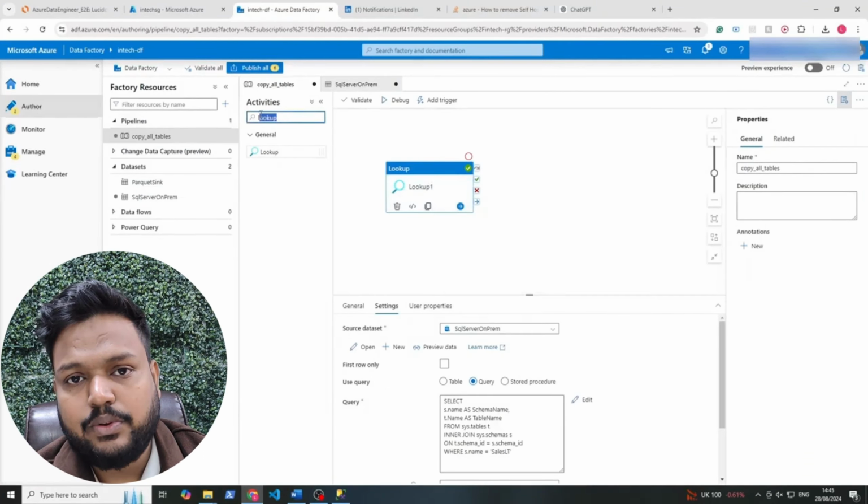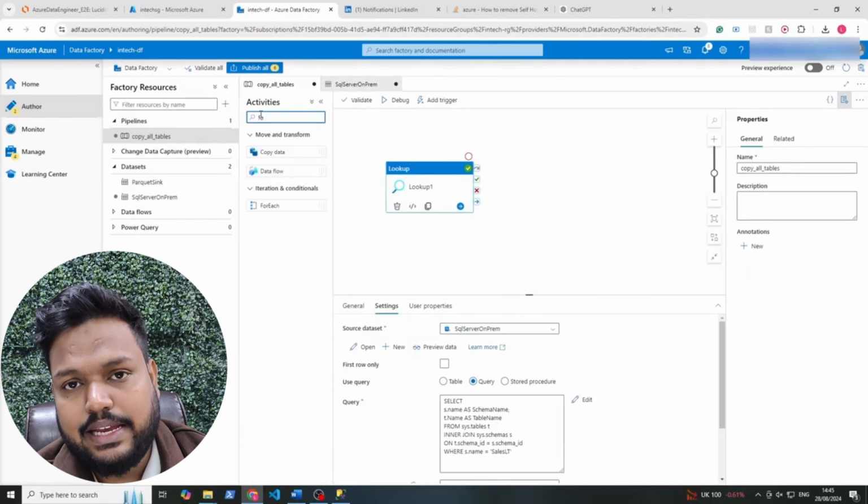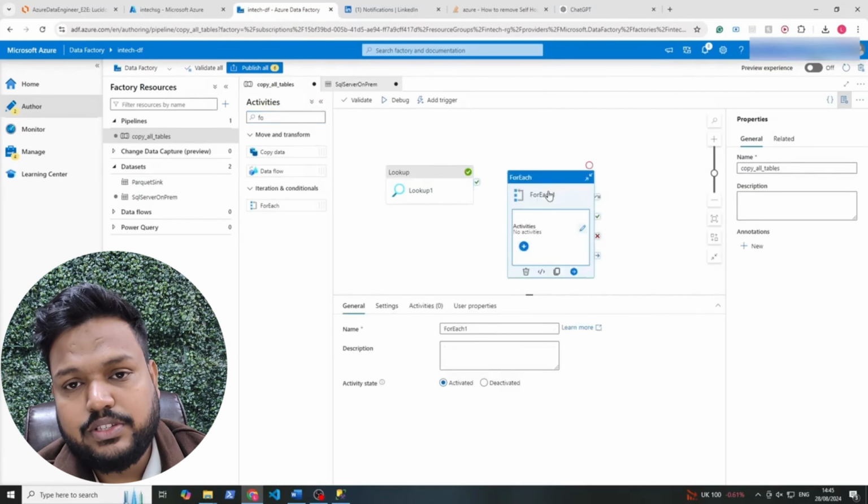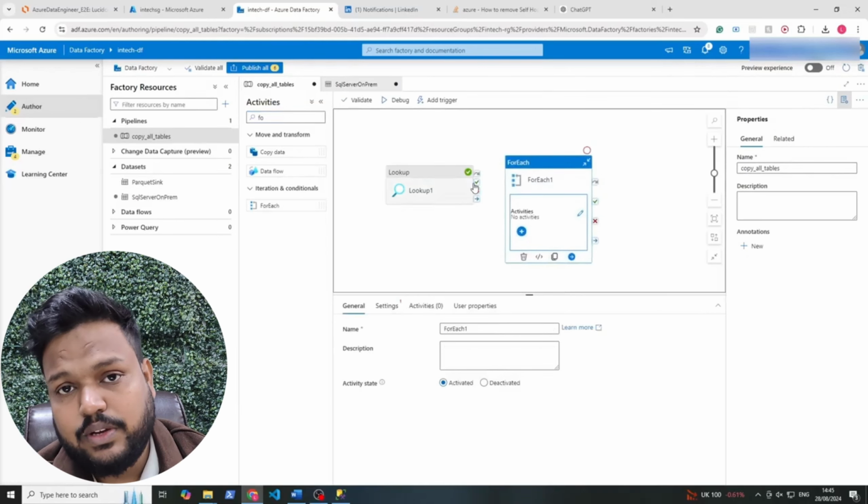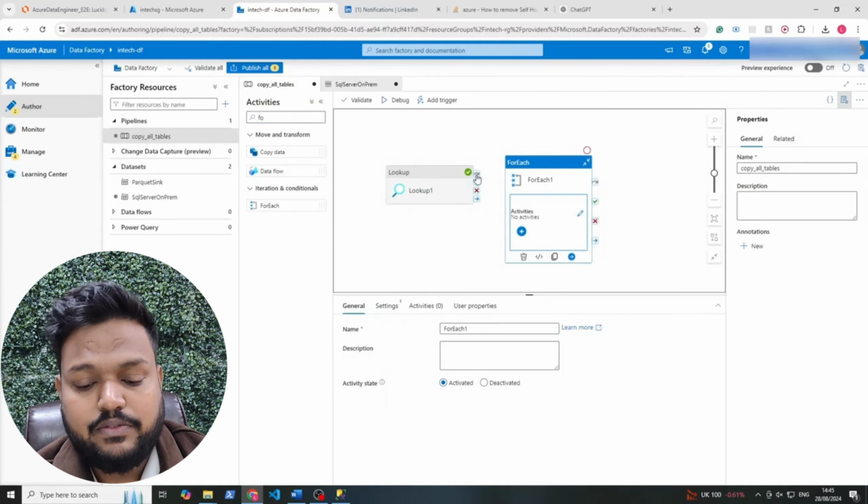Now that we have the tables, let's copy them over. In the activities section, we can use the for each activity. Now we're going to drag that in, and you'll see a few options like